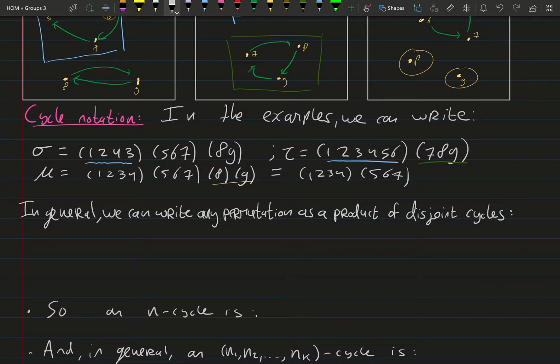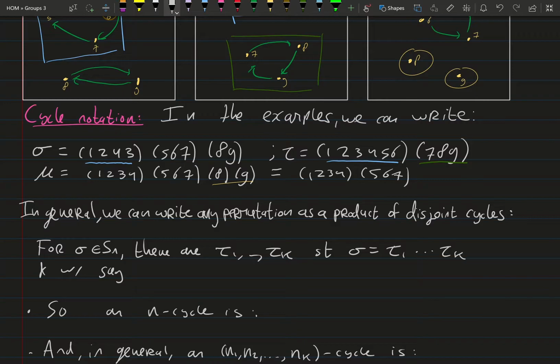In general, this means that for sigma in Sn there are, say, tau 1 up until tau k for some k, such that sigma is the product tau 1 up to tau k, with each tau i a cycle